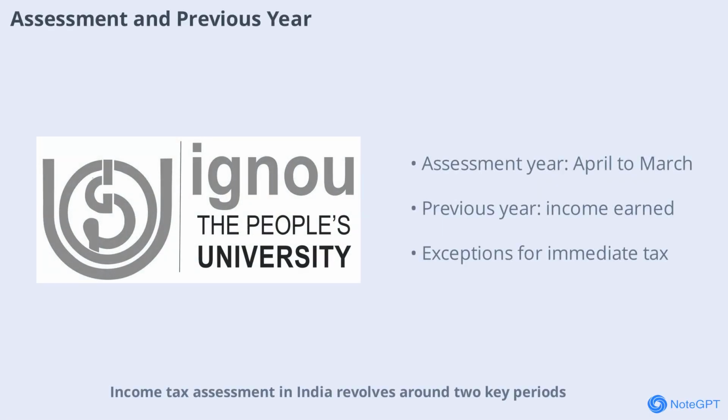income. Income tax assessment in India revolves around 2 key periods: the assessment year and the previous year. The assessment year is the 12-month period starting from April 1, during which income earned in the previous year is assessed and taxed. The previous year is the financial year in which the income is actually earned. There are exceptions where income is taxed in the same year it is earned, such as for non-resident shipping companies or individuals leaving India. Understanding these periods is crucial for compliance, as they determine when income must be reported and taxed. The system ensures that all sources of income are accounted for uniformly, and special rules apply for new businesses